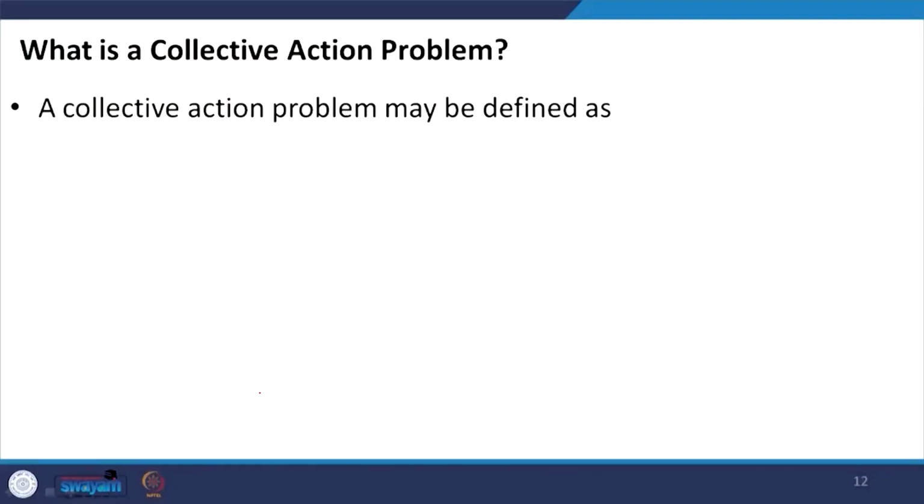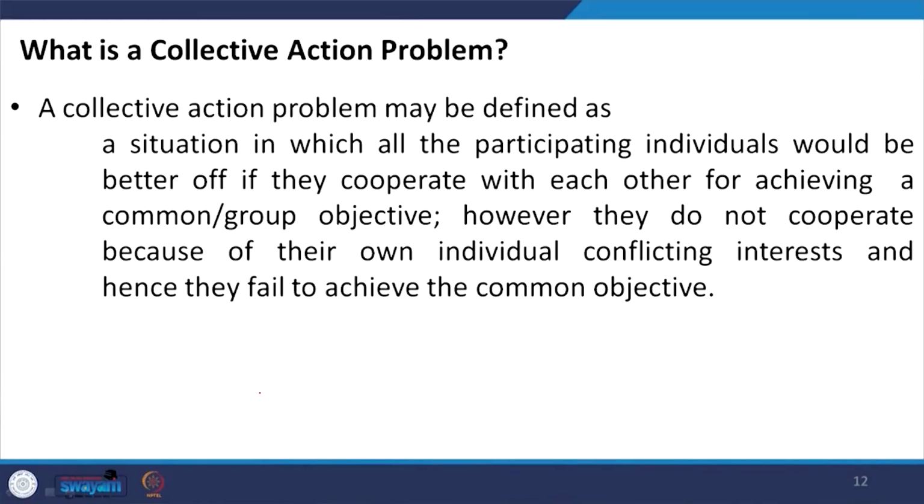There should not be any problem. That means, if a group of persons are trying to achieve a common objective, and accordingly their behavior or actions are oriented towards this, then what is the problem? The problem is that no one is ready to cooperate. So, in this context, a collective action problem can be defined as a situation in which all the participating individuals in a particular group would be better off if they are ready to cooperate,